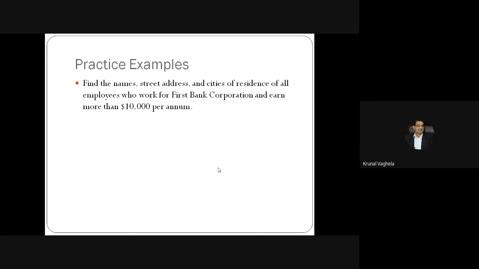Next, find names, street address and the city of all the employees who work for First Bank Corporation and earn more than 10,000 per annum. Try this.